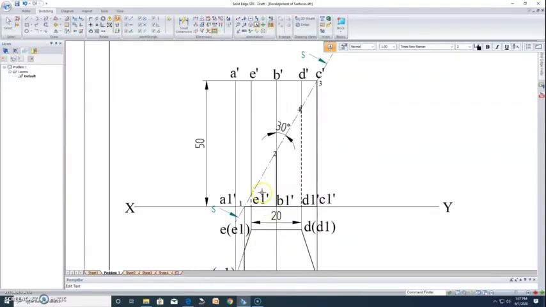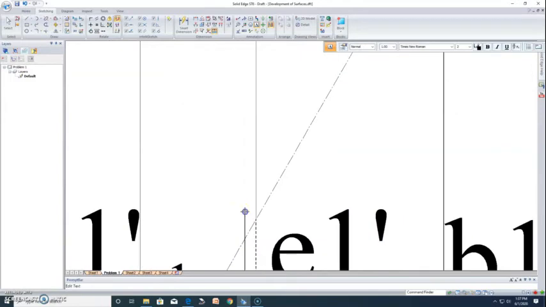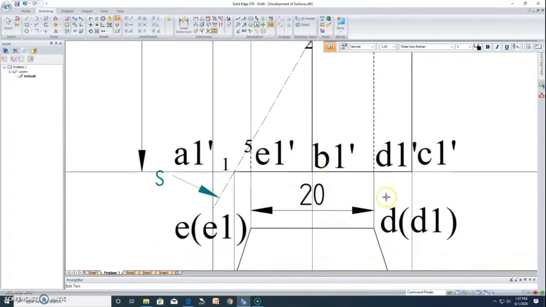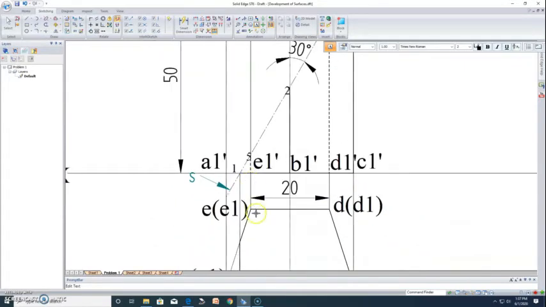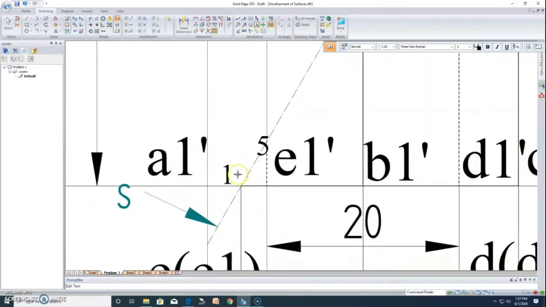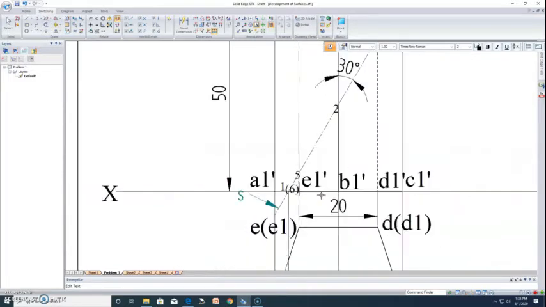Then EE1 has been cut here, we'll call it 5, and again AA1 it doesn't cut, whereas it cuts the base edge which is A1E1, somewhere here, we will call it 6. As it is exactly behind 1, we will put it inside the bracket. So we'll say it is 6. So this is how it looks.